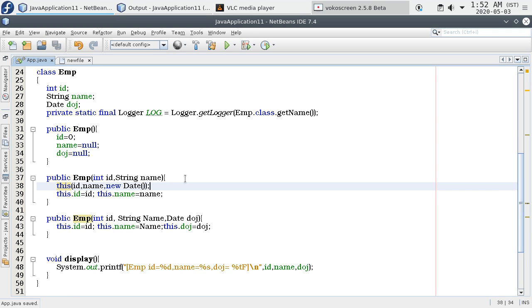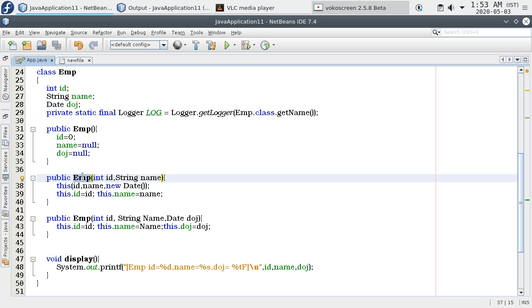We already discussed this. We are passing three parameters. That means whenever you create an object of this type with two parameters, it is going to call a constructor which takes three parameters. In this case, we have three here.